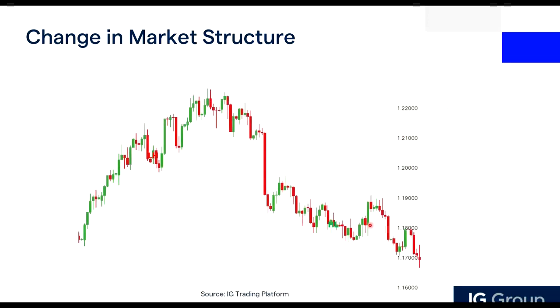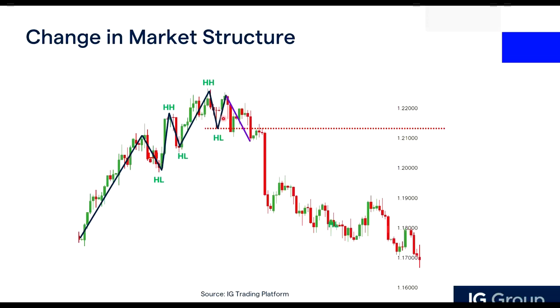Here is just another example of a change in market structure, where previously we see higher highs and higher lows forming. Once the low was broken over here, the uptrend was invalidated. So there was a change in market structure. It wasn't forming a higher low. Instead, when it broke this lower low, the previous lows could become an area for you to trade a reversal and enter into a short position, because now the uptrend is invalidated. The market structure has changed. So the first method is simply to look at the price action itself.